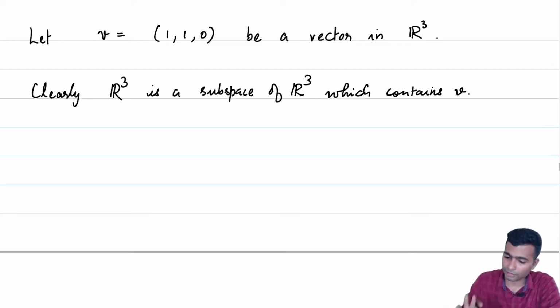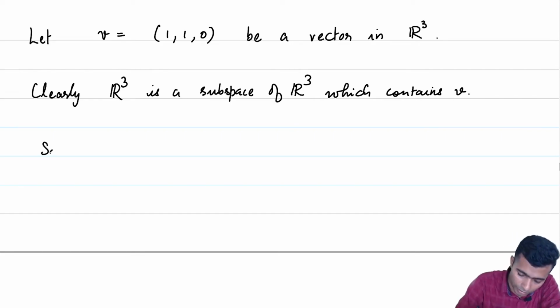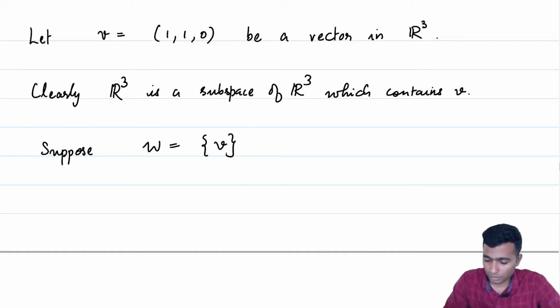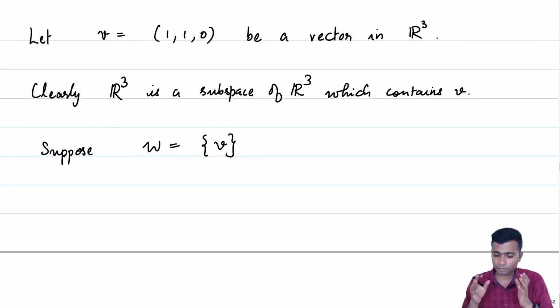Let's focus on just this vector V, (1, 1, 0), which is in R3, and ask that question. So suppose our W is the set given by the singleton V. Let's see, is this a subspace? Okay, good question. Is this a subspace? I would say that a few minutes of observation will tell you that it is not closed under vector addition or scalar multiplication. It's certainly a subset of R3, but it is not closed under vector addition and scalar multiplication,